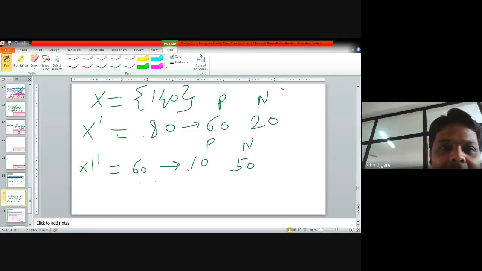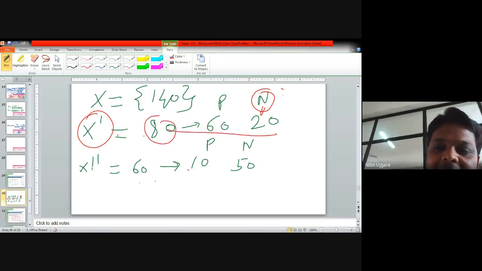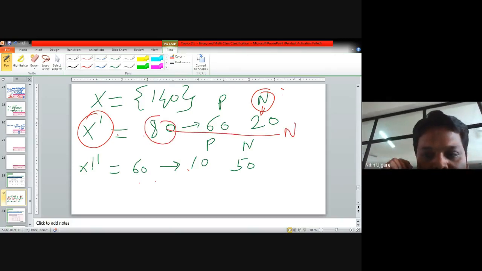Now to perform the classification for the first set, we are using the minority approach. The instances which are minimum in that set will classify all the instances of that set to that minority class. So here the minority class is negative. Only 20, that is only a few instances, belong to the negative class, and because they belong to the negative class, all the 80 instances will be classified to the negative class.